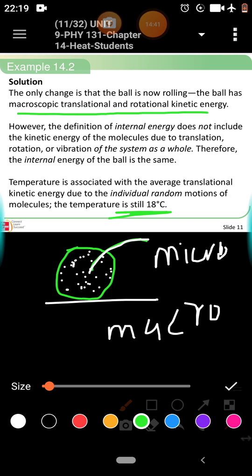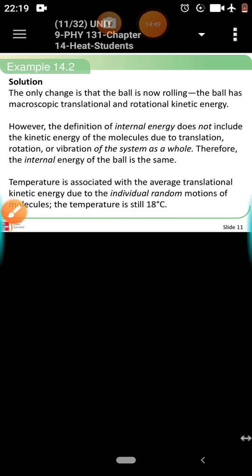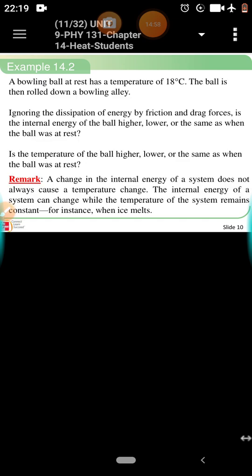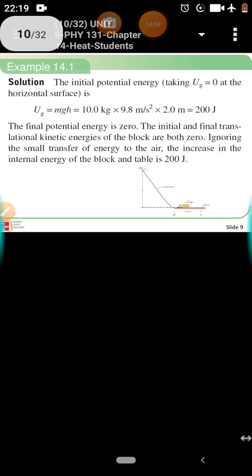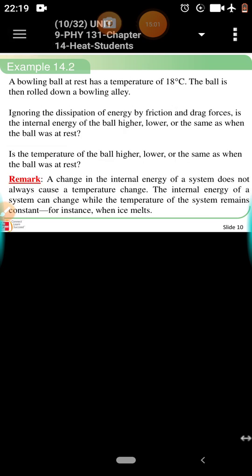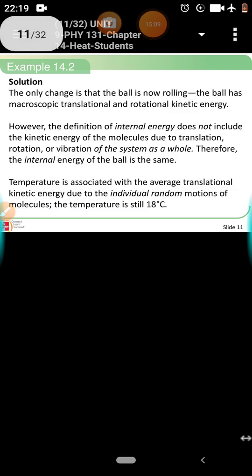So there will be no change. I think the answer would be that the kinetic energy due to the temperature will be the same. And what are we required to find? Okay, the ball is then rolled. Is the temperature of the ball higher or lower or the same? It's the same because there is no increase